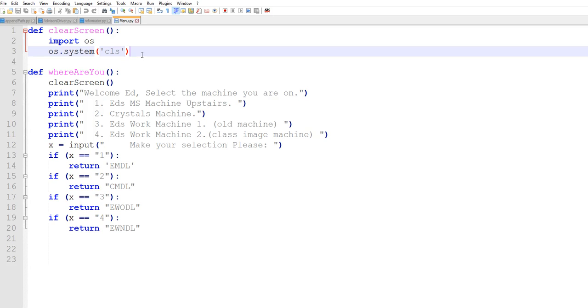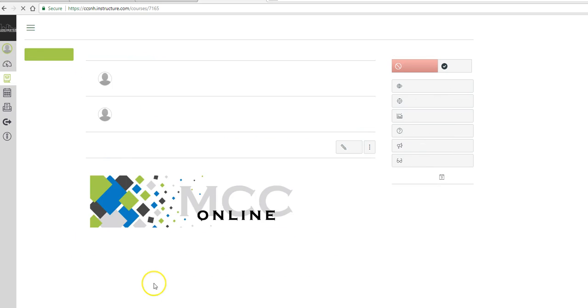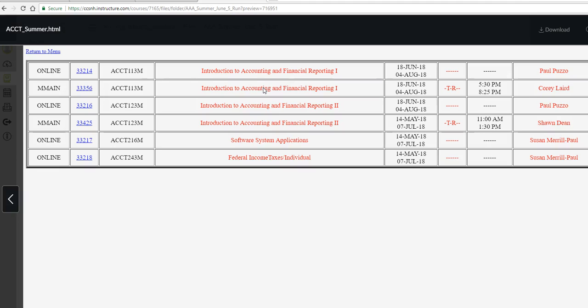Now, this particular set of programs produces this particular project. This is a list of classes that are being offered at Manchester Community College for accounting, and it takes them out of a CSV file and makes them into a HTML file so that somebody can sit there and theoretically advise you a little bit quicker and a little bit easier than advising you the way they have. I'm in the process of making it into a punch table like what we use in our class, where a student will just punch in ACCT, bingo, there are the ACCT classes. I think it's going to make picking classes a little bit